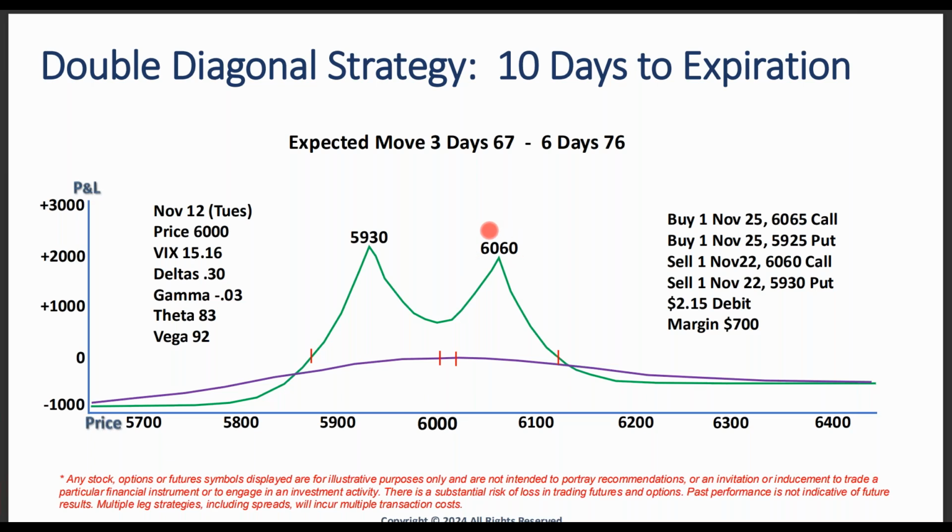Are we going to stay between those hash points? Are there probabilities that we're going to stay between those hash points? Maybe 61.20 on the upside, that upper arrow to the right, and all the way to the left, 58.80. Now, if you said to me, Dan, this is 10 days, if we held this to expiration, do you think the probabilities would be there? No. But I'm looking to be in this about 3 days, 30% of the duration.